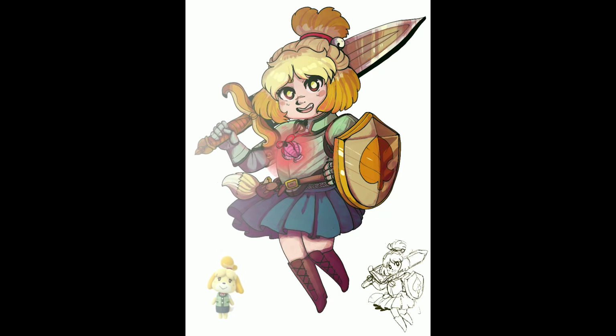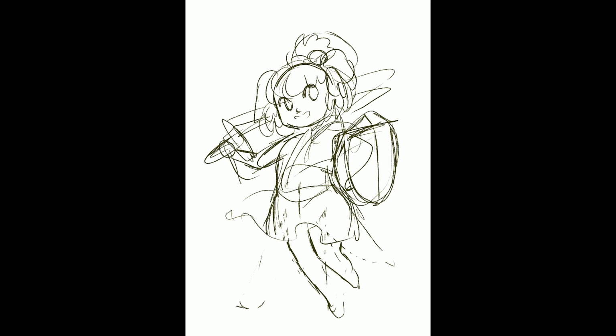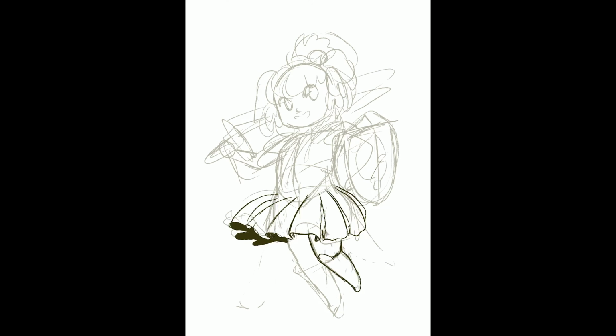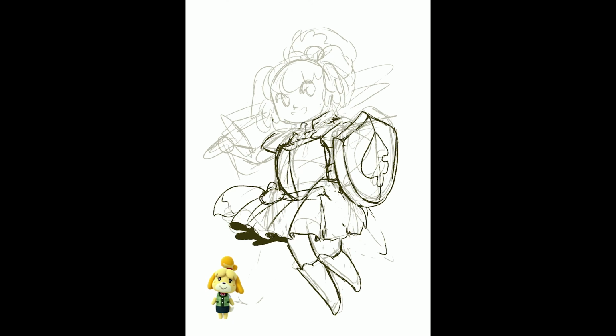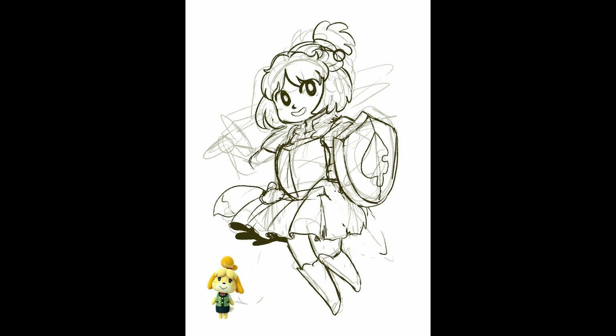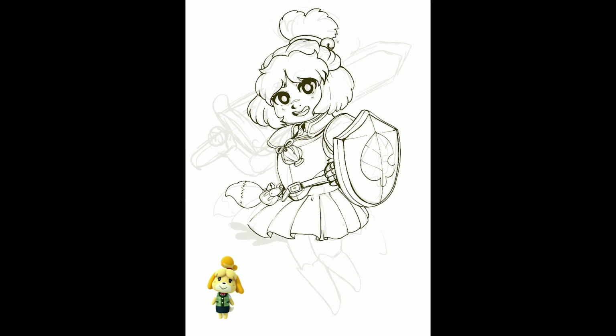So next up, of course, is our faithful Isabelle. Isabelle is a firm favourite NPC in Animal Crossing, especially in New Leaf when she was introduced. She was very much there to help you and make sure that everything's going to be okay. And originally I was going to make her the cleric class because she feels very much like a healer to me, but I felt like it wasn't